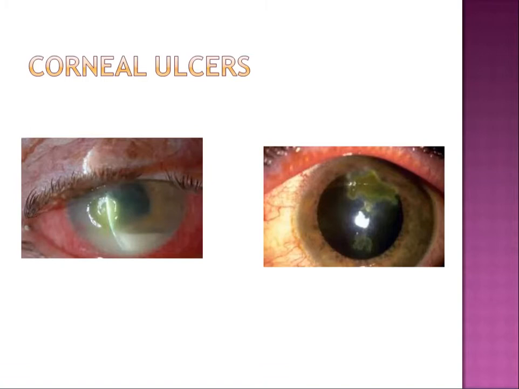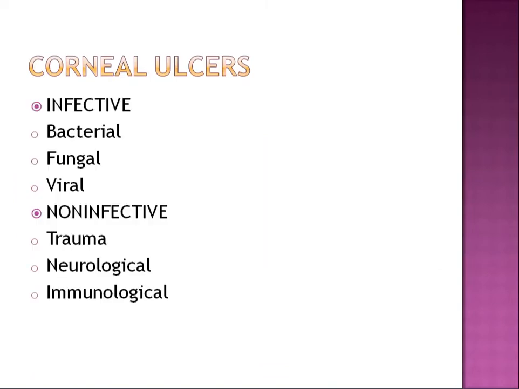You give it for a 10% KOH or gram stain. KOH results will come out within 10 minutes. If it is positive, then definitely it is a fungal ulcer, and you can start the treatment of fungal ulcer. Now, if the KOH stain comes out negative, then probably it is a bacterial ulcer, unless it fits into the typical characteristics of the viral ulcer. So depending on your clinical findings and your systemic examination, you will decide the type of ulcer and start the treatment accordingly.